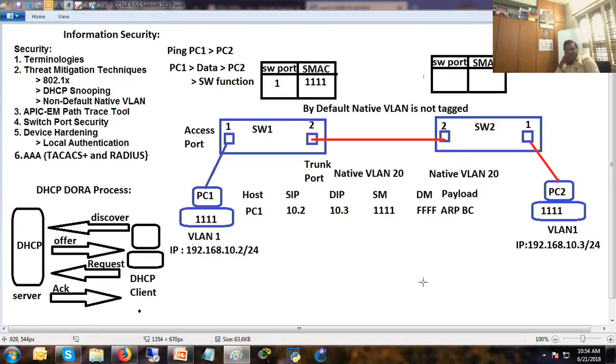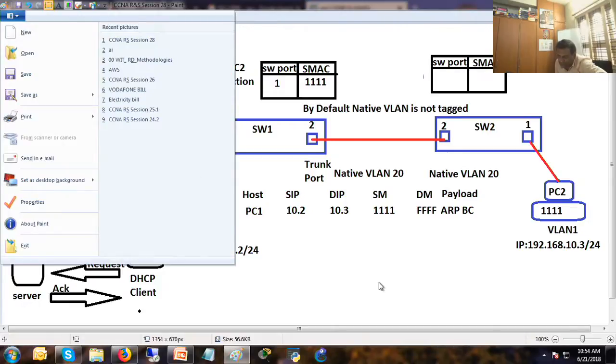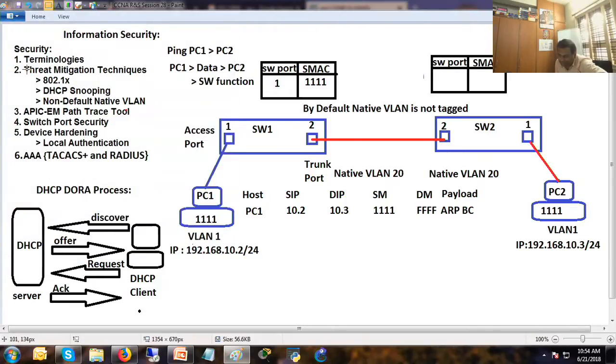Understand what is native VLAN? Non-default native VLAN? Yes, sir. Okay. Samir, any doubt? No, sir. Okay. We'll go to the next topic. You have any doubt? Okay. Next topic is